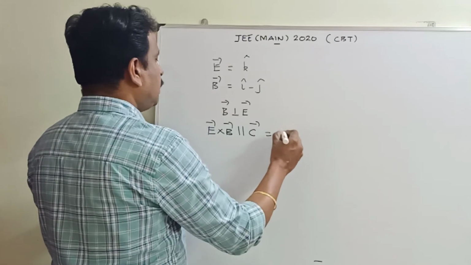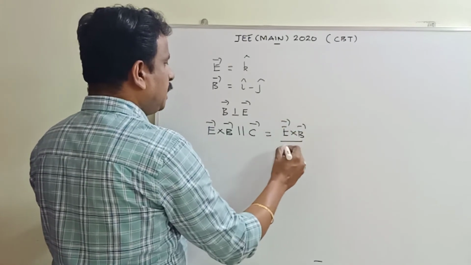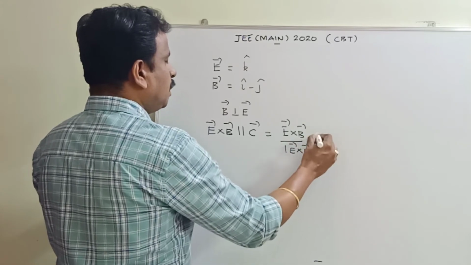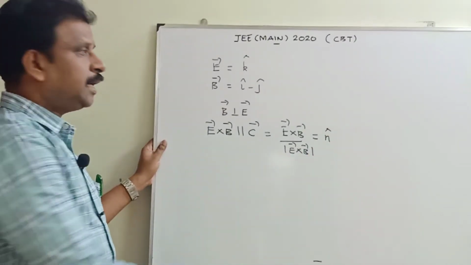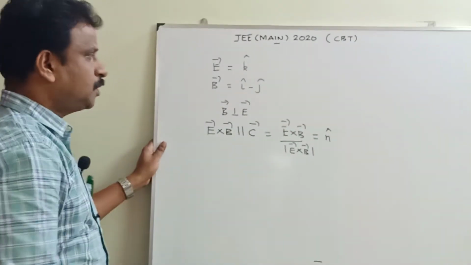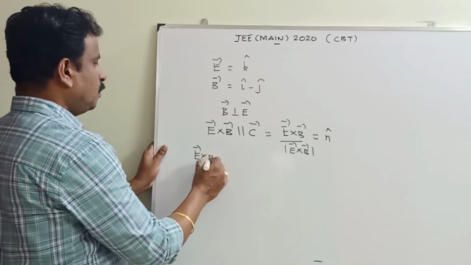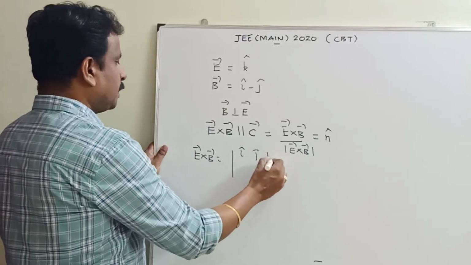It is E vector cross B vector divided by modulus of E vector cross B vector. Often we call it n cap, right? That is the direction of the propagation of electromagnetic wave. So therefore you first find out the E vector cross B vector, which will be equal to determinant i, j, k,